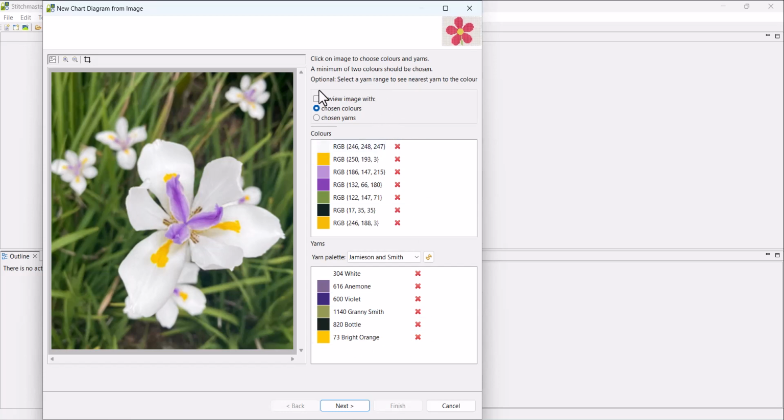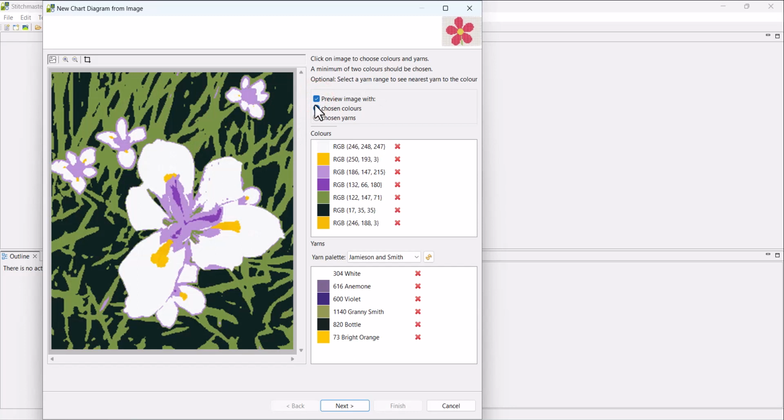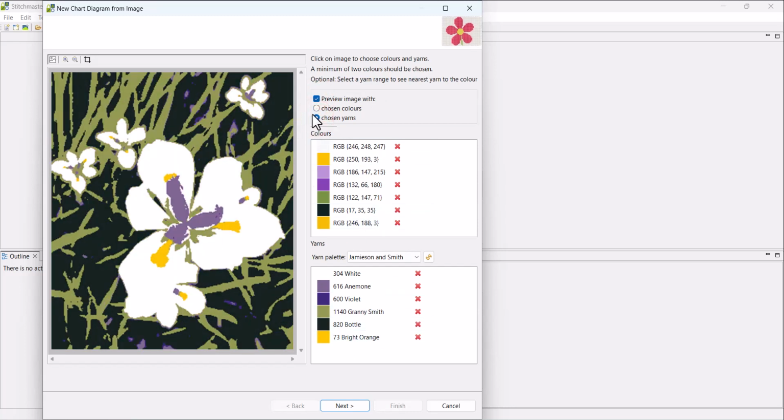And it's important to note here, we have a preview tool which may be useful for deciding which palette you prefer the most, and so you can swap between chosen yarns and chosen colours. And whichever of these options you have selected will be the set of colours that go through to your chart. And you can't come back to this stage once you create the chart diagram.